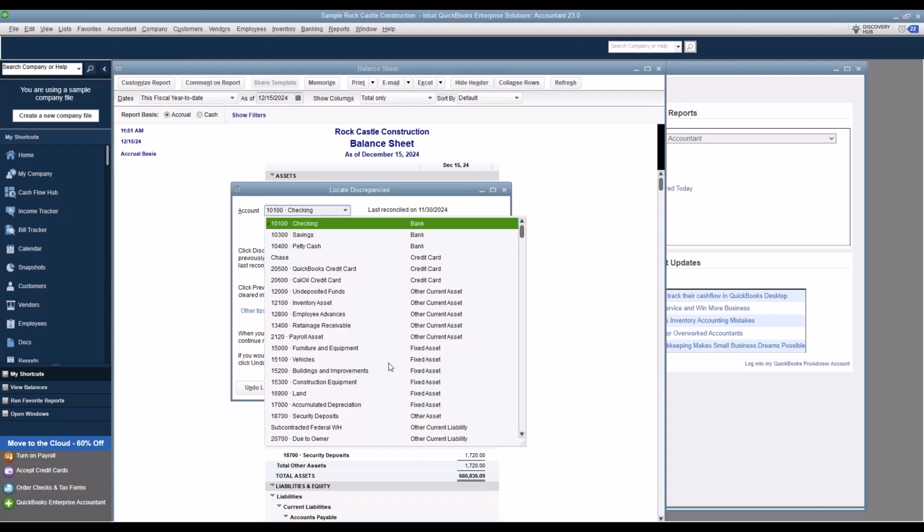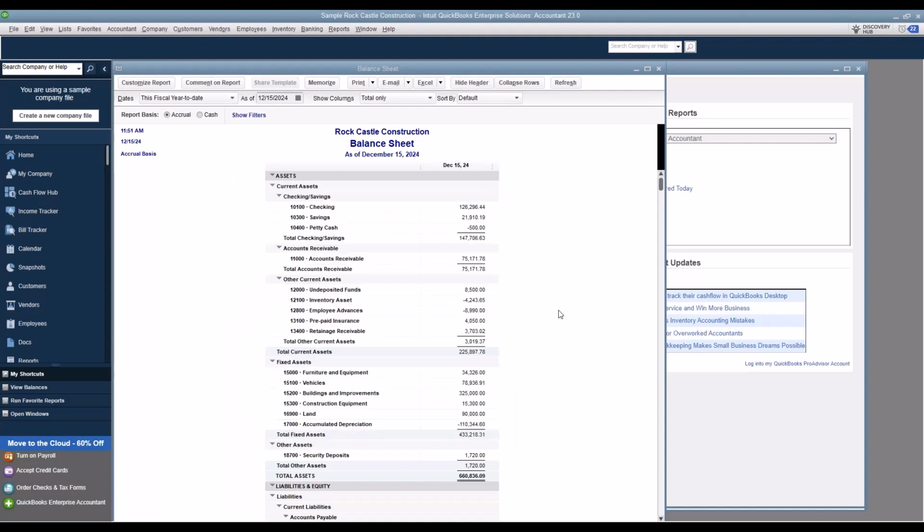One, so that you can make sure everything is clear, you have everything accounted for, and two, to also get the file as clean and as condensed as you can. Okay, we do those with reconciliations. Now,